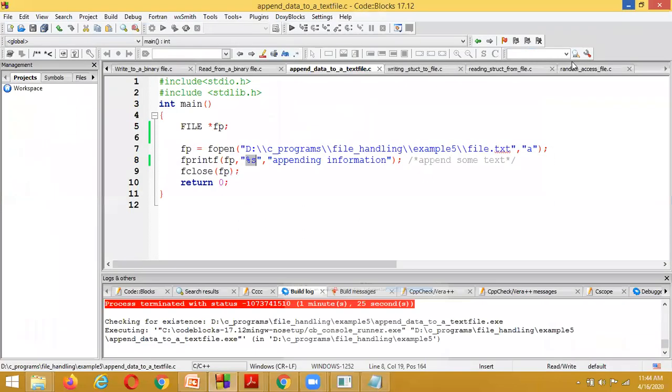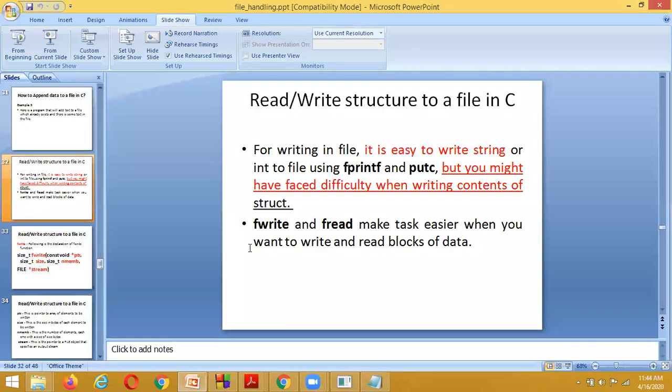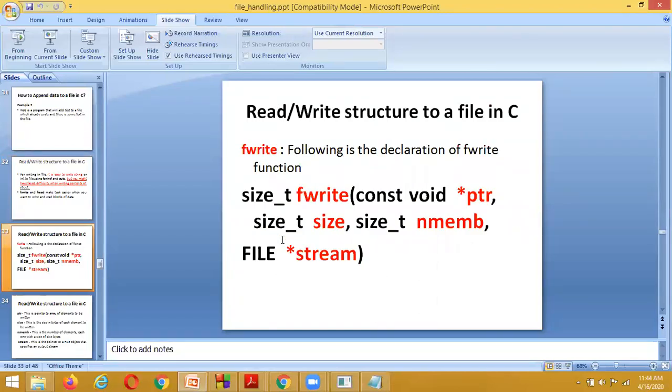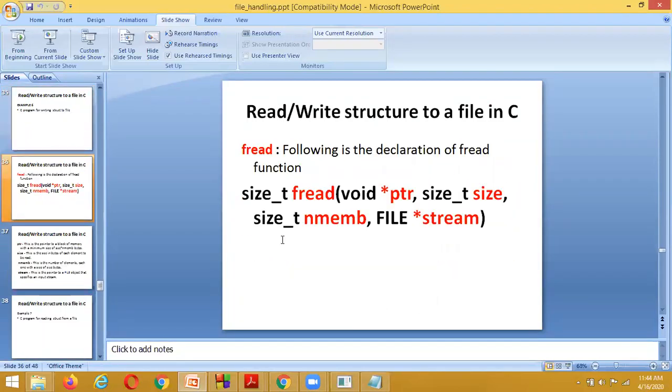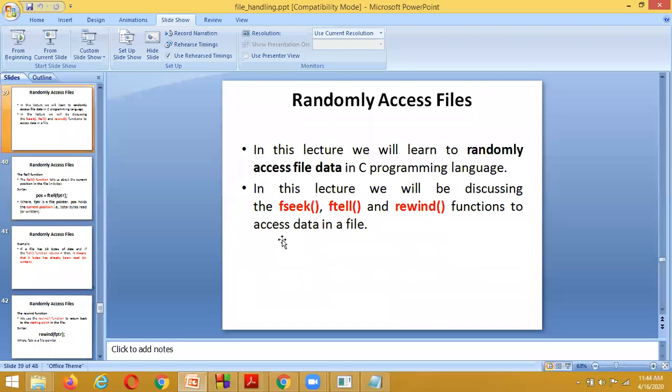Now we are going to see one new concept, and this is an important concept for exams also. The last concept we have here is random access files.